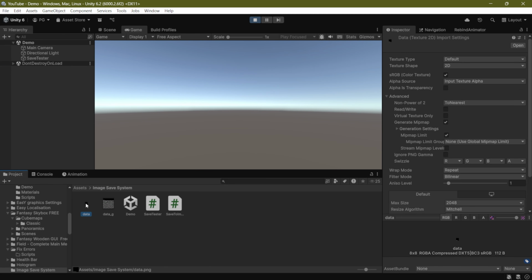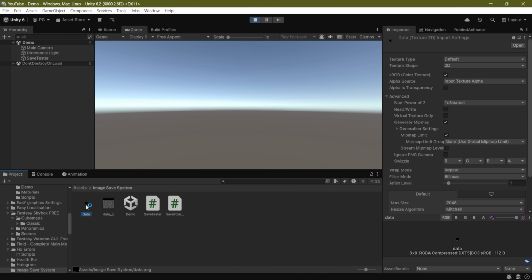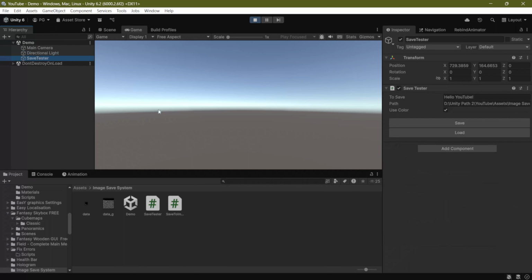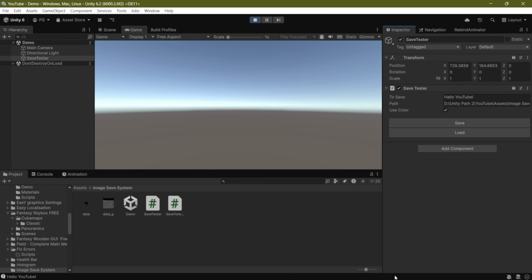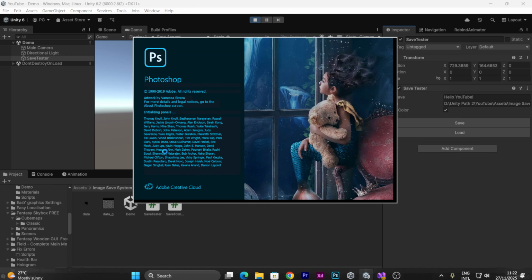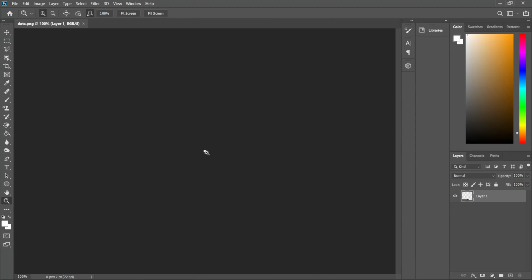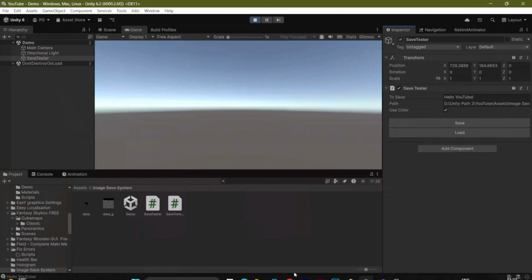As you can see, the image is different this time around. And actually, let me open this inside of Photoshop so you can really see the bytes. But if we go ahead and load it up, as you can see, it saves hello YouTube, and hopefully that has loaded up. Here you go. And now if we were to zoom in, as you can see, here is the data. And if I were to write hello YouTube multiple times to represent something very, very big,